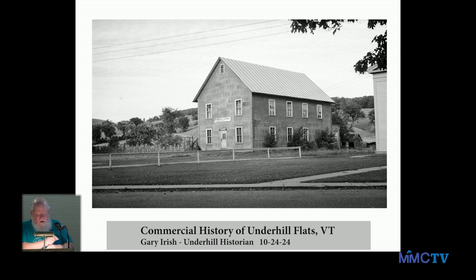And the Minerva Lodge of the Knights of Pythias and the Mizpah Temple number 14 of the Pythian Sisters. And the Grange finally bought the building in 1942, or 1937. In 1942,